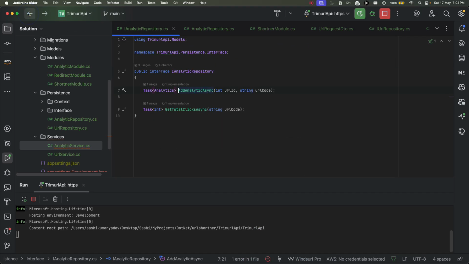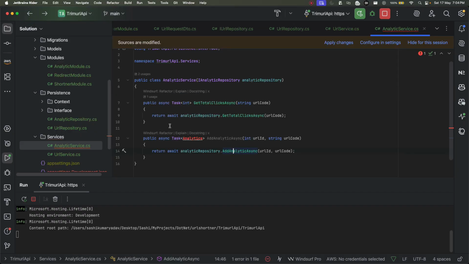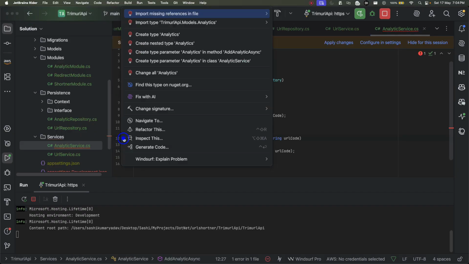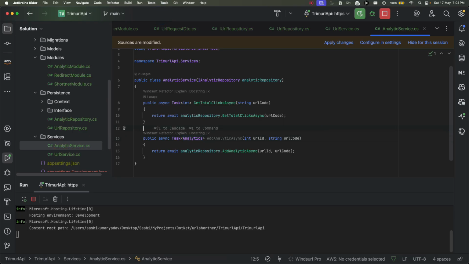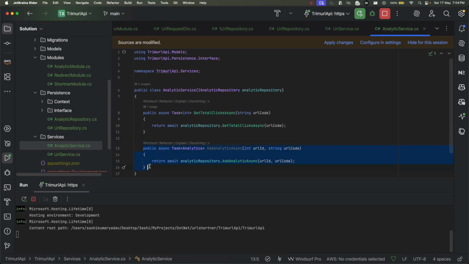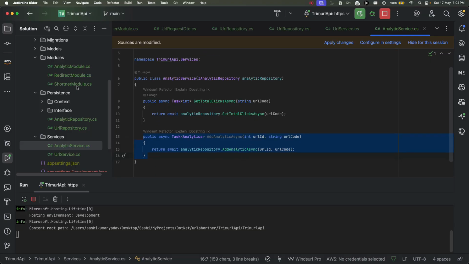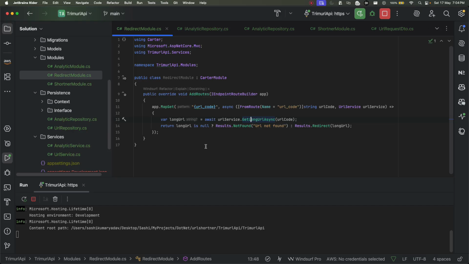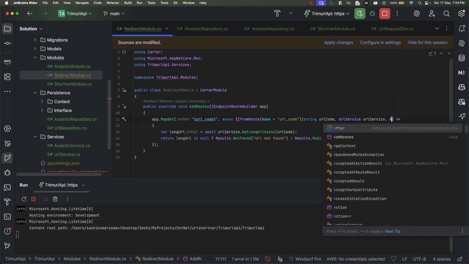So it's up to you if you want to return a boolean or if you want to return exact value, right? And let me go ahead and import this missing file, and this is what it is now. Now you have this line of code as well. Now if you remember, as I was telling you, the main logic lies inside this redirect module. Okay, and if you want to call the analytics, for that let me first call the analytics